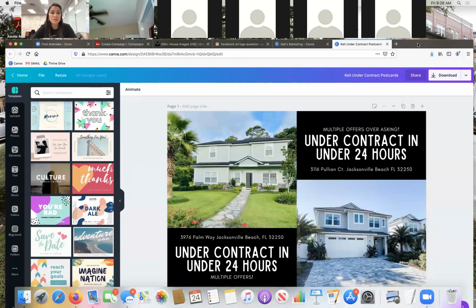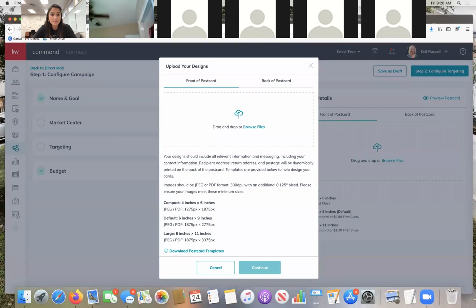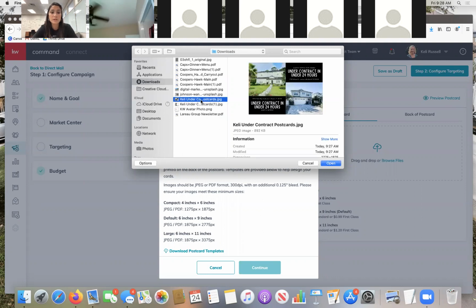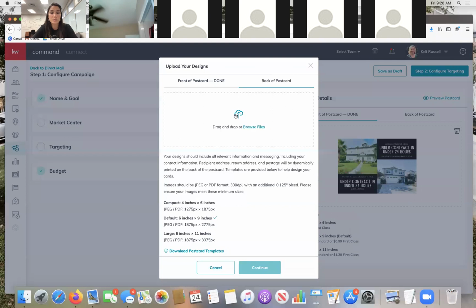Okay. So now that I have my 2 images that I need, I'm going to hop back to the campaigns area. So you can drag and drop the front of the postcard here, or you can click on it to browse your files. Now, in most cases, when you download something from Canva, it's going to go to your downloads folder. Okay. So I'm going to click on the front of the postcard, click on open, and we'll do back of the postcard,